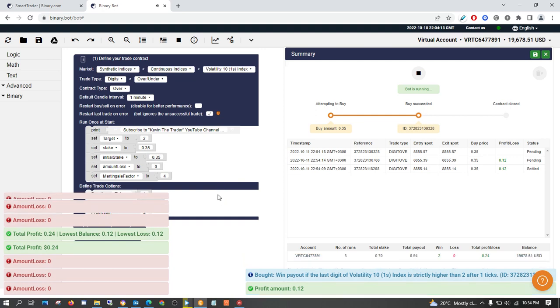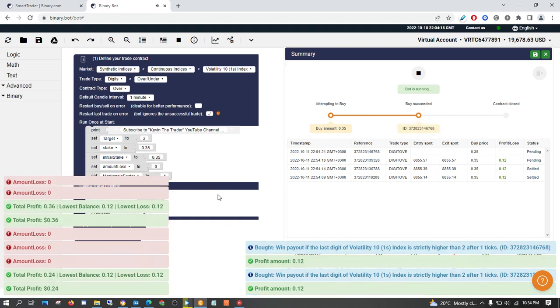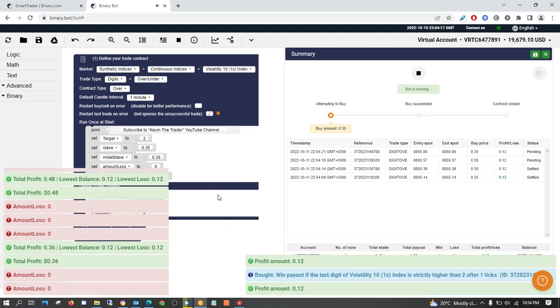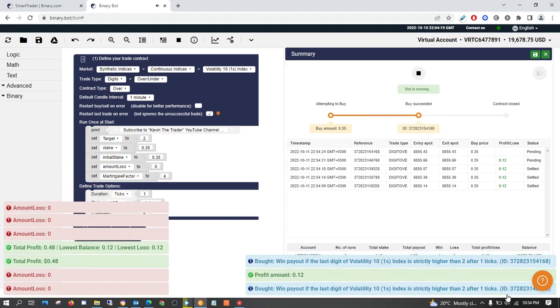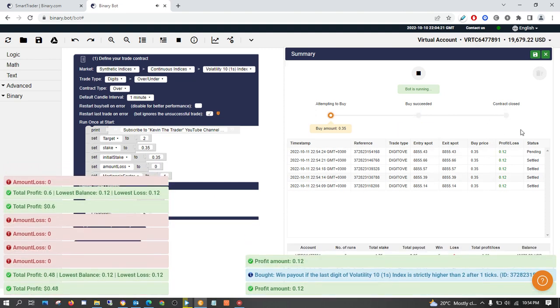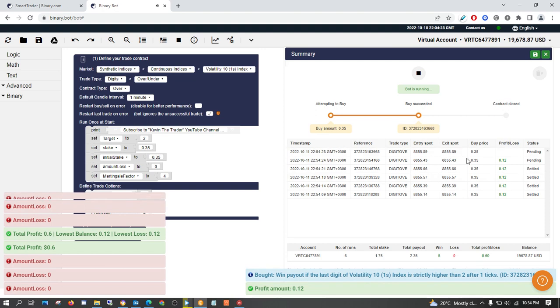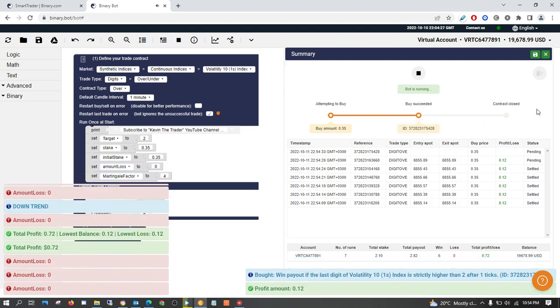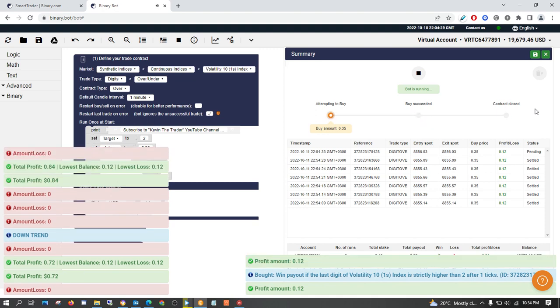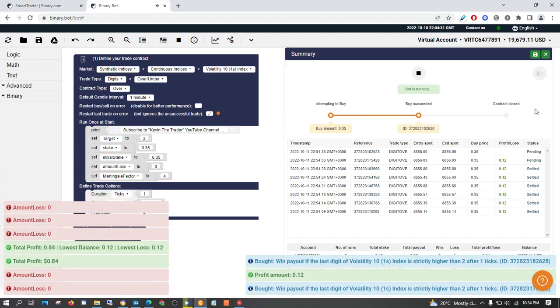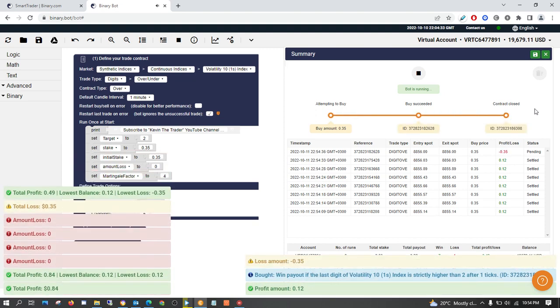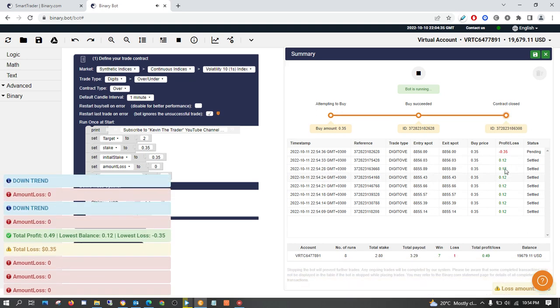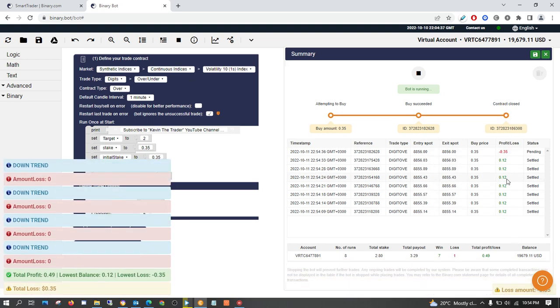You see, now as you can see, the market is now getting better. The market is getting better, meaning that we are not having more losses than the wins.